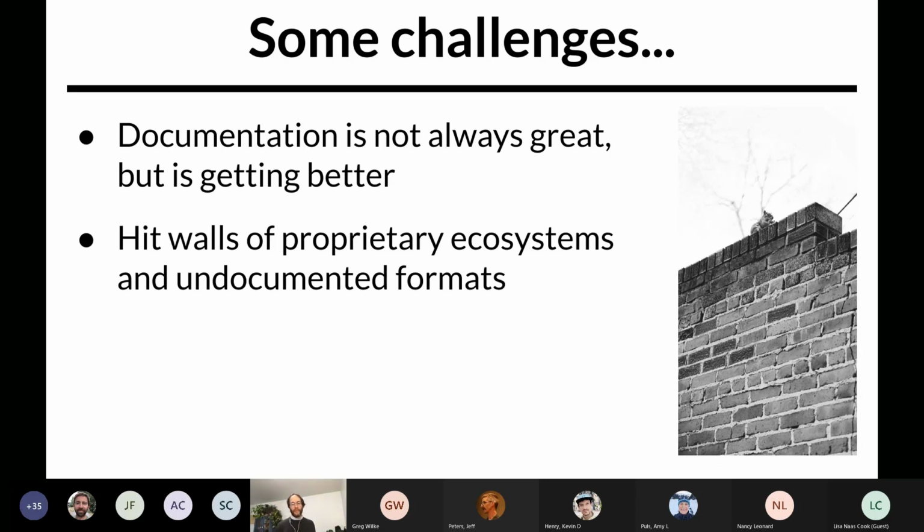One of my biggest frustrations in open source is running smack into the walls that commercial entities build around their proprietary ecosystems. And this is certainly true with geospatial data. While there may be file formats that work great in these closed ecosystems, they may be totally inaccessible on the outside because they're either undocumented or have limitations around their use.